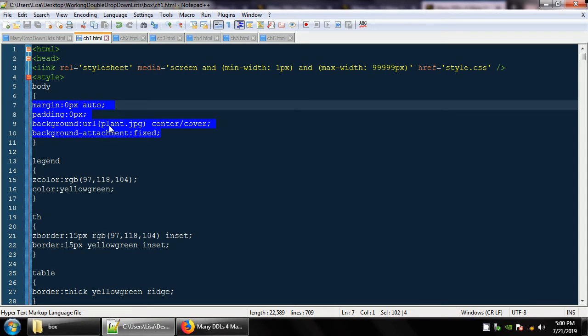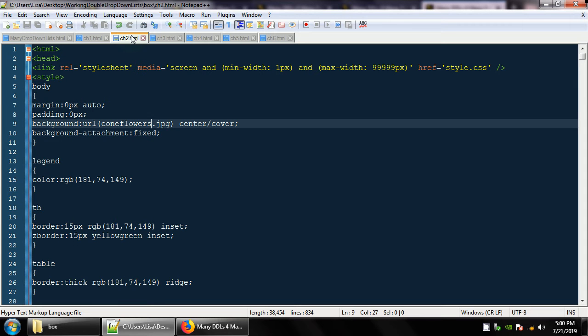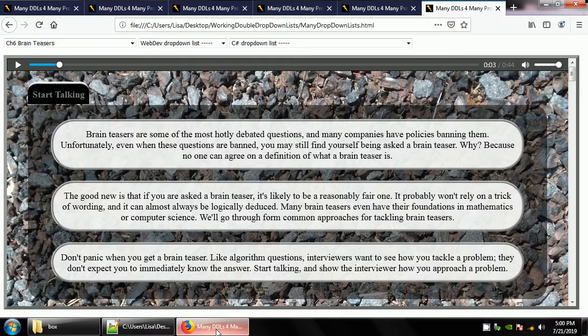So I have whitewashed images as well. My original is plant.jpg. My whitewash I renamed plant.ww, obviously for whitewashed. So it's very easy for me to move from one type of image to the other, the original and the whitewash. So chapter 2, I got to do the same thing. Cone flowers, ww.jpg. Chapter 3, lily, ww.jpg. Chapter 4, willow tree, ww.jpg. Chapter 5, lots of flowers, ww.jpg. Chapter 6, gravel, ww.jpg. So now I'm going to hit save all in my Notepad++